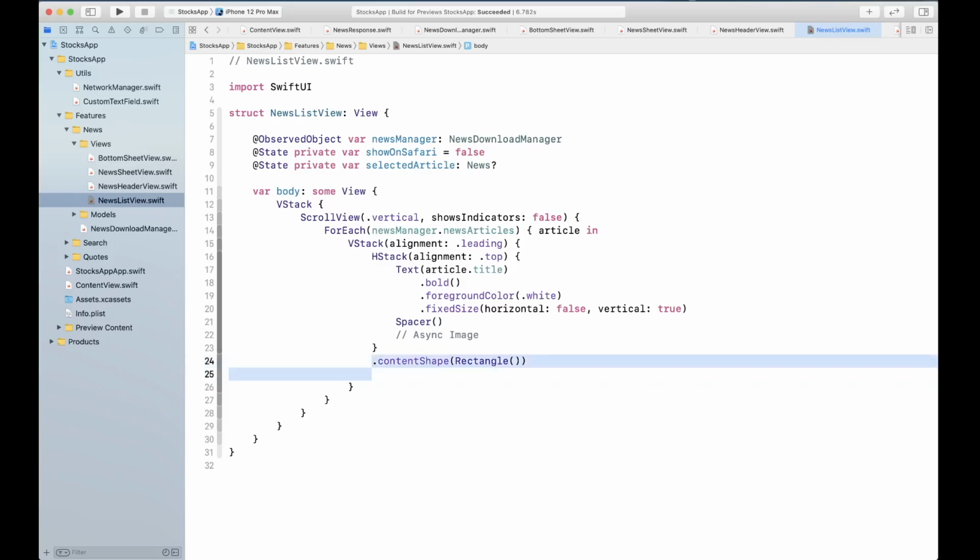So this makes sure that when the user taps on it, the content shape is a rectangle, so the whole cell becomes tappable. Okay, all right.